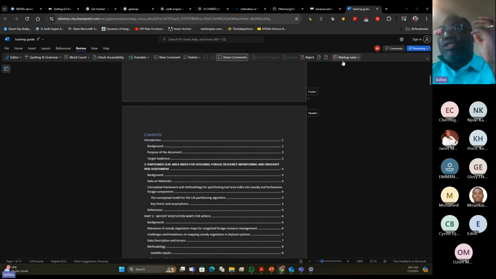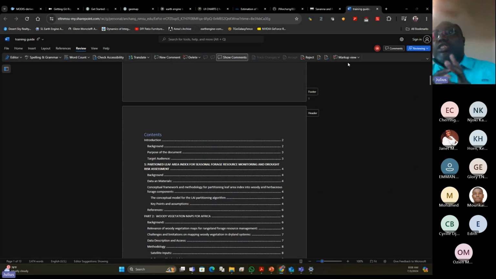And the general theme is basically we want to improve mapping of vegetation and resources with a bit of focus in drylands, because like she mentioned yesterday, one of the problems we have in the Earth observation community is that drylands tend to be disadvantaged, in the sense that there's a lot of great work done within the Earth observation community, but less attention is paid to fine-tuning those applications for